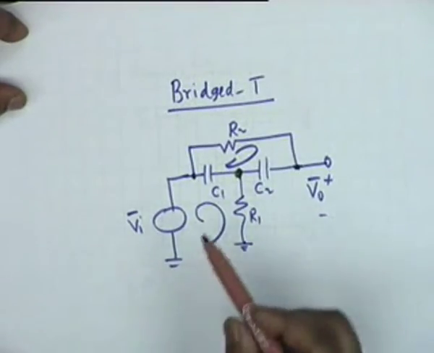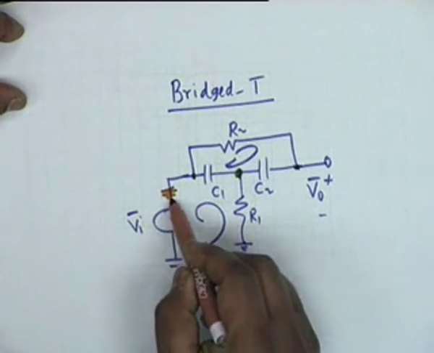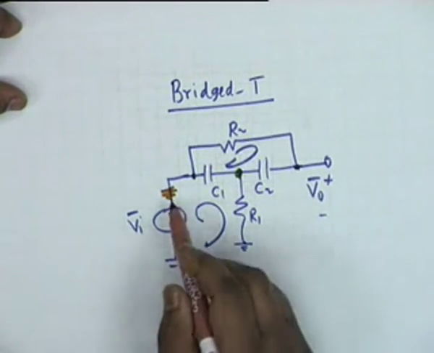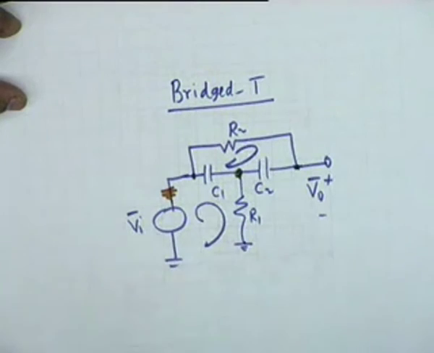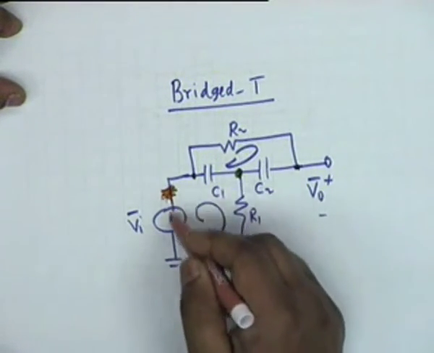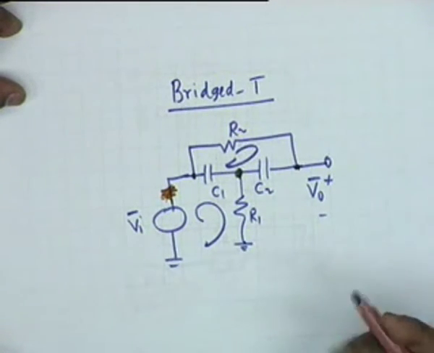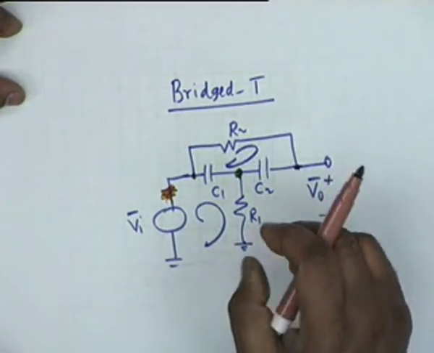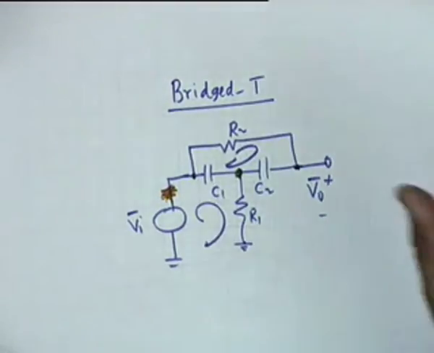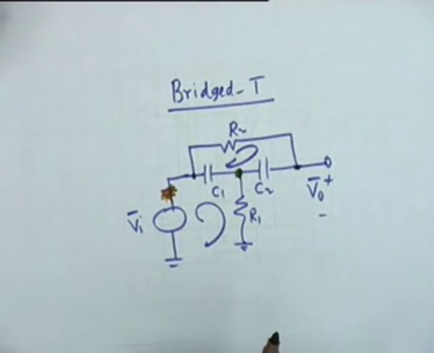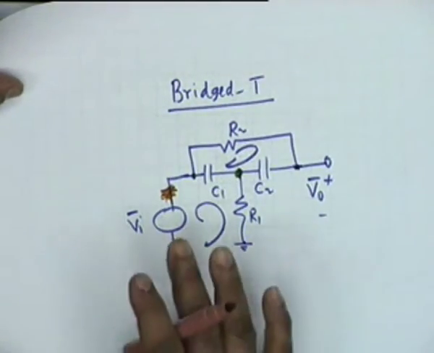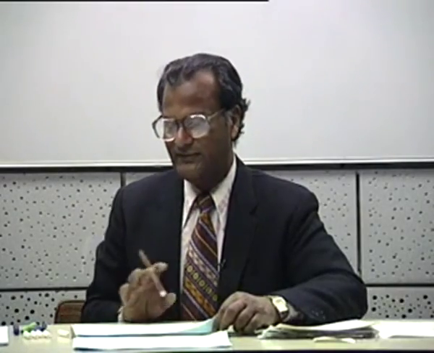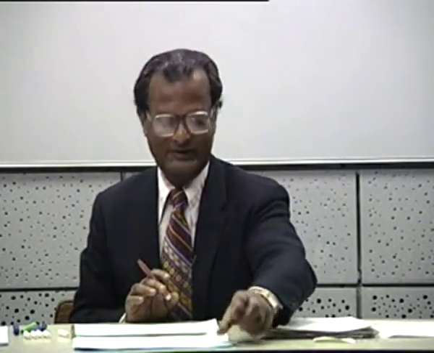This does not apply if you have an internal resistance here. If there is an internal resistance here, then this method of analysis fails. Not only that, if instead of a voltage source it is a current source, it doesn't apply. Only in terms of voltage source, ideal voltage source, you can separate the two branches and connect two identical voltage sources. Alright, wherever a situation like this occurs, this allows immense simplification.